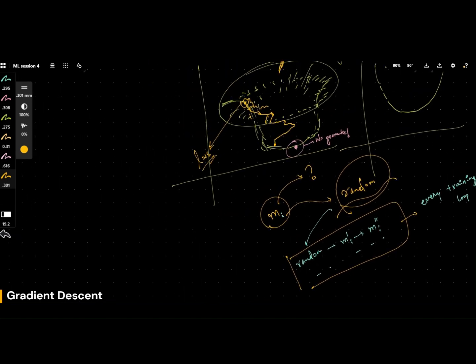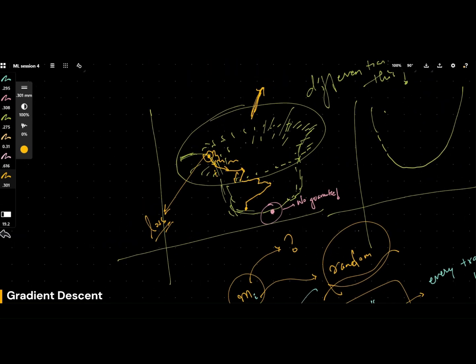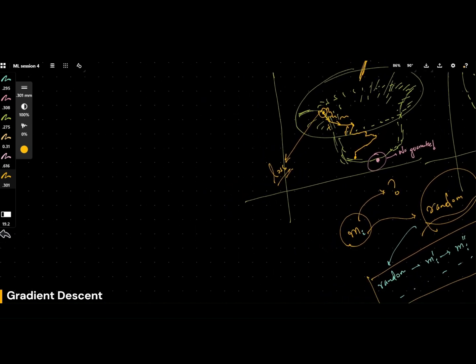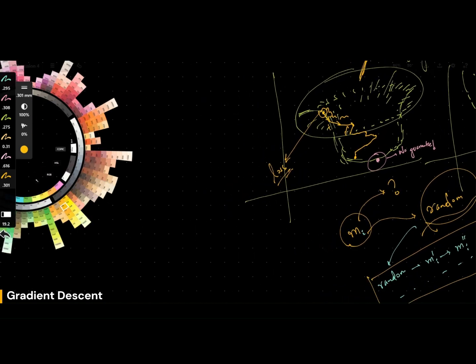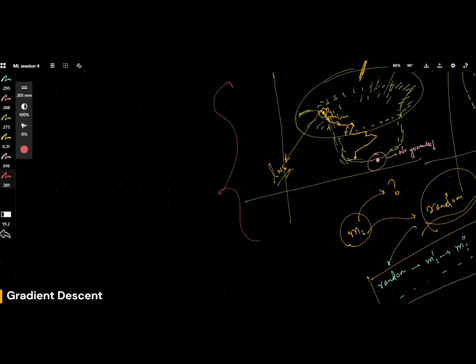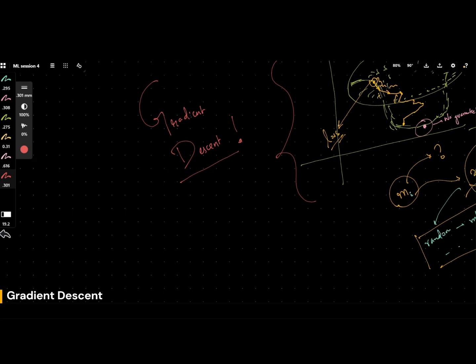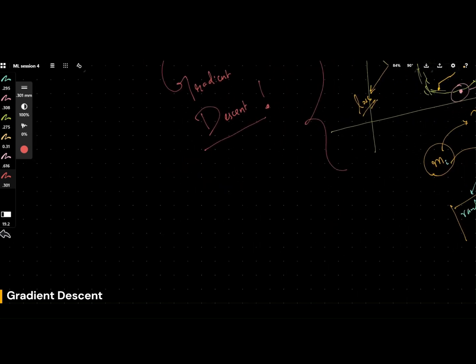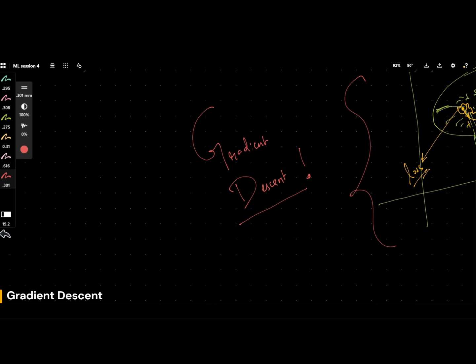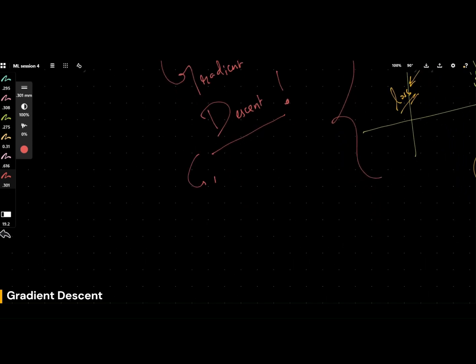So basically that was the gist of the initial machine learning models. This thing is called gradient descent. If you want to be a machine learning engineer in the future, this should always be in your mind. You should never forget this. This is basically the building block of every model. Everything you're going to learn later on, neural networks and all that, especially neural networks, this gradient descent thing will